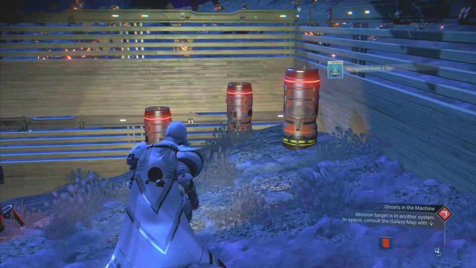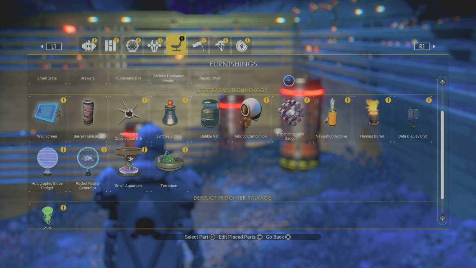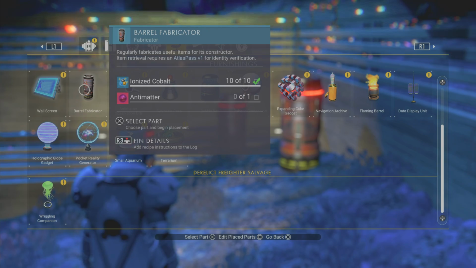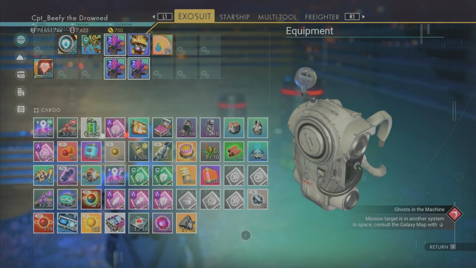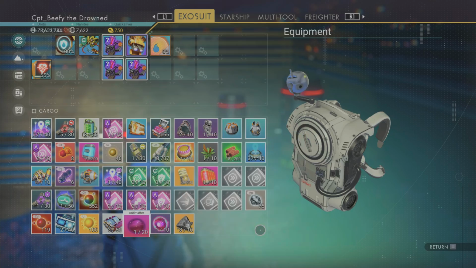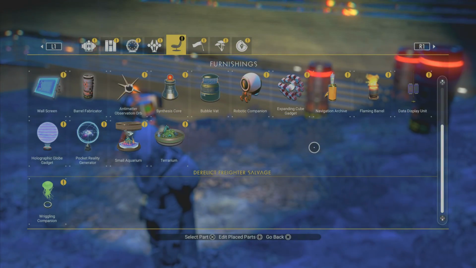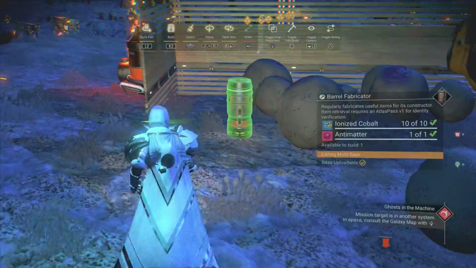Now, what do I mean by placement? Well, let's take a look here. So the barrel fabricators, they cost 1 antimatter and 10 ionized cobalt. Let's go ahead and make an antimatter real quick, and of course we can't. We're dumping that. We don't need it. I really got to get organized here. So, antimatter. All right, so when you place one of these down, the first thing you want to do is check